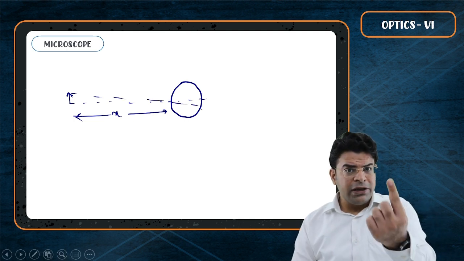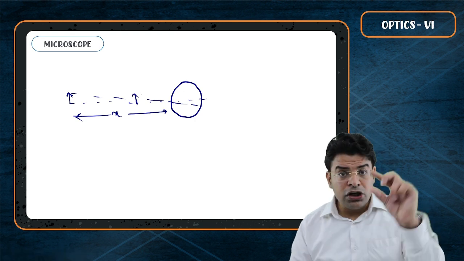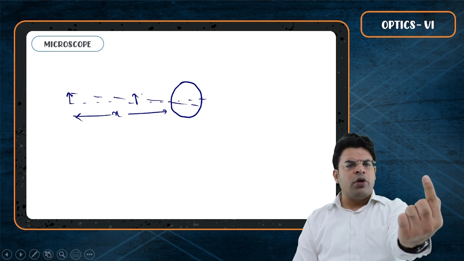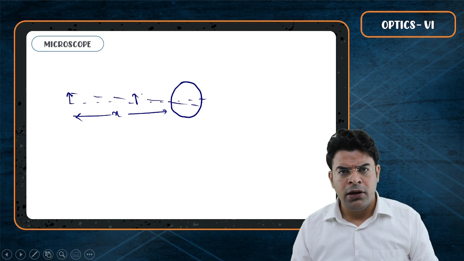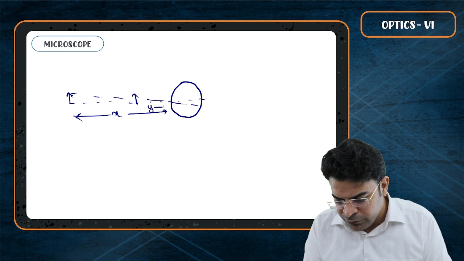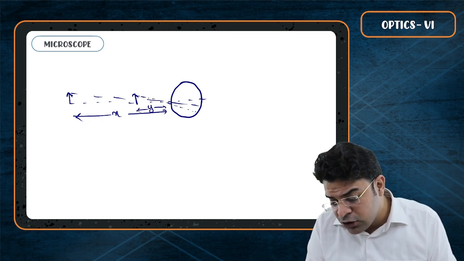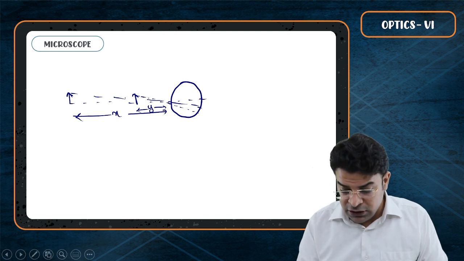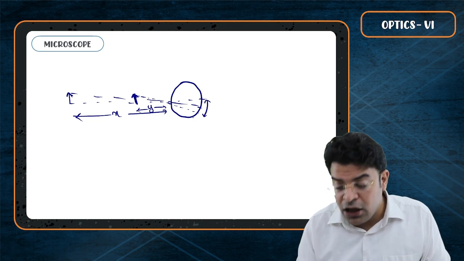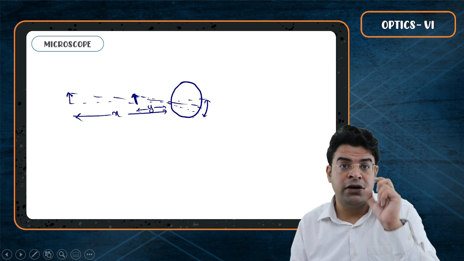Now, if you bring the same object closer to your eye, you are not changing the height of the object. The object is the same. You are looking at the same object. You just have brought the object closer to the eye. When you have brought the object closer, now at some distance y, the angle subtended by the same object on your eye will be greater. So the same length of object occupies greater area on your retina. That's why this object appears to be clearer.